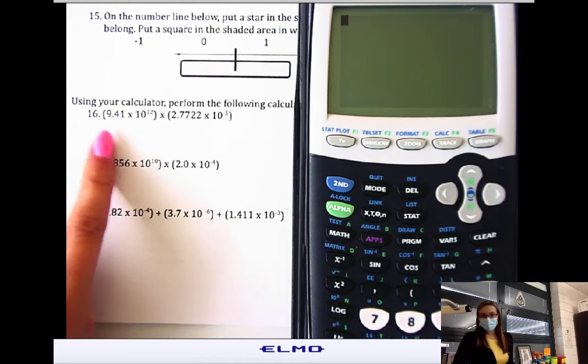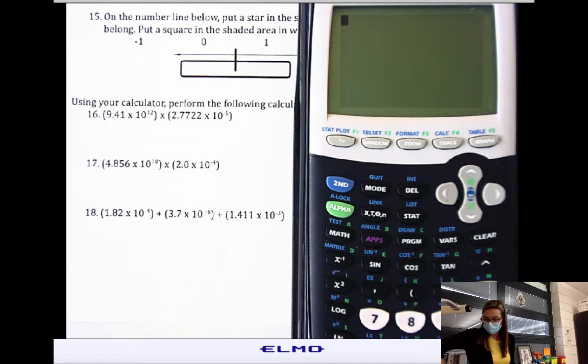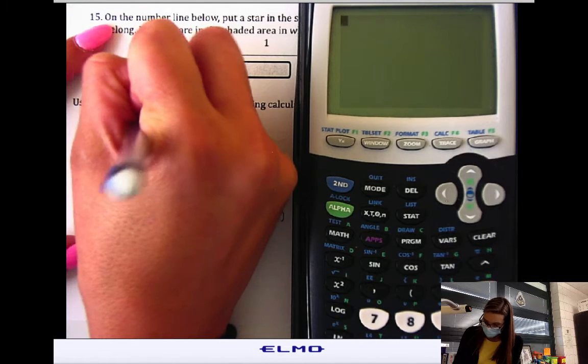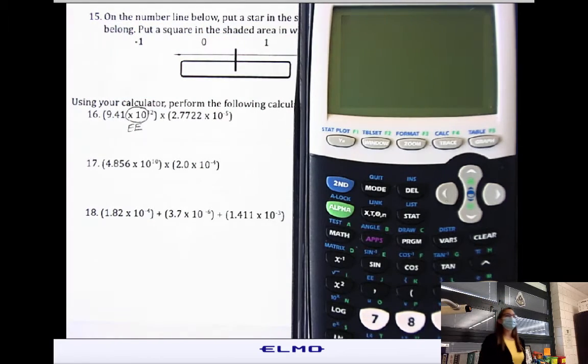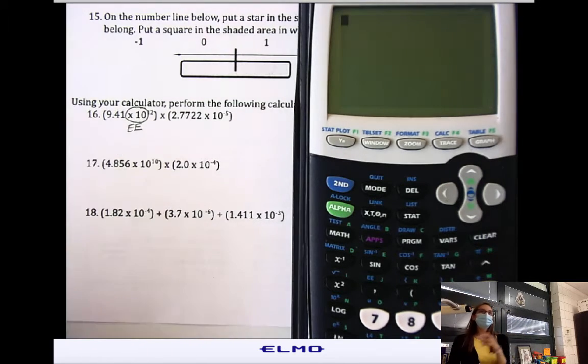So if we take a look at number 16, we're doing 9.41 times 10 to the 12th times 2.7722 times 10 to the negative 5th. When we put this into our calculator, we're going to use a button that says EE in place of times 10 to the. You can practice putting this in your calculator as we go through it. I'm going to do 9.41,